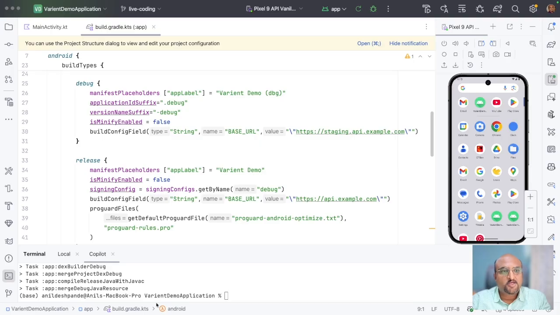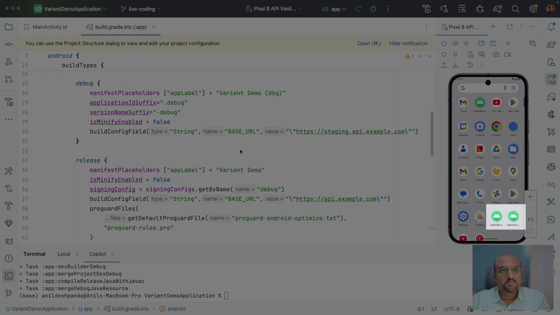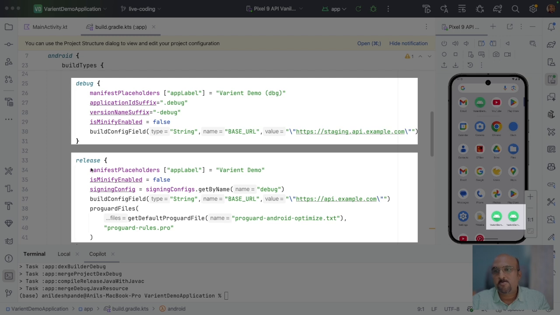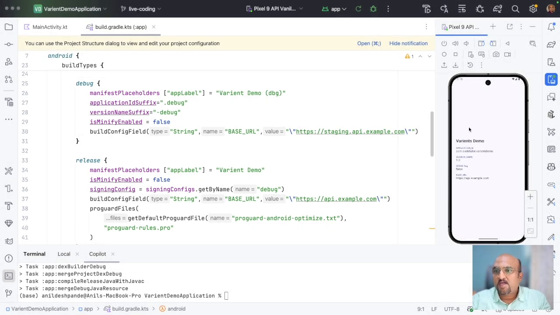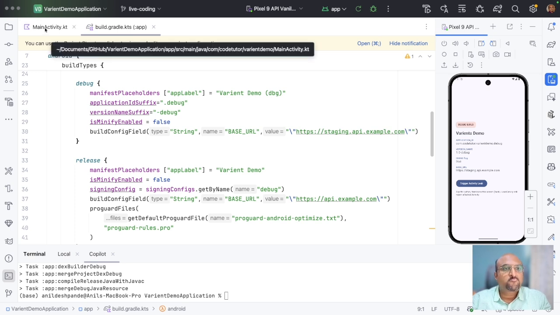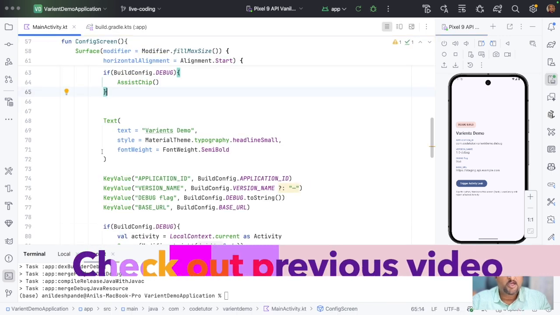Welcome to another video on Android CICD series, and we will continue our discussion on build types. In the previous video, you have seen that it is possible to install two variants of the application, in this case debug and release build types, at the same time on the device. It is possible because the package names of both the applications would be different, and if that is possible, then both will get installed. And then we also saw how to selectively enable certain features like leak canary in only